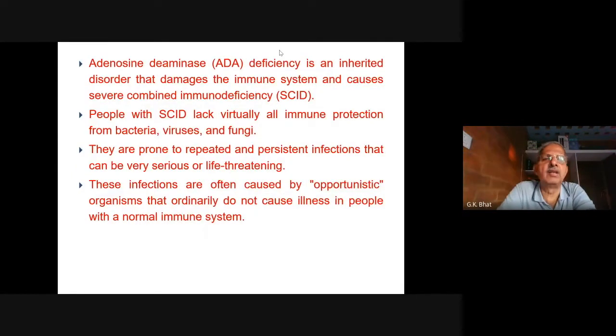Adenosine deaminase immunodeficiency is an inherited disorder that damages the immune system and causes a severe combined immunodeficiency. Please remember SCID. Always ask a question: what is the full form of SCID? Severe combined immunodeficiency. So it is going to affect so many different